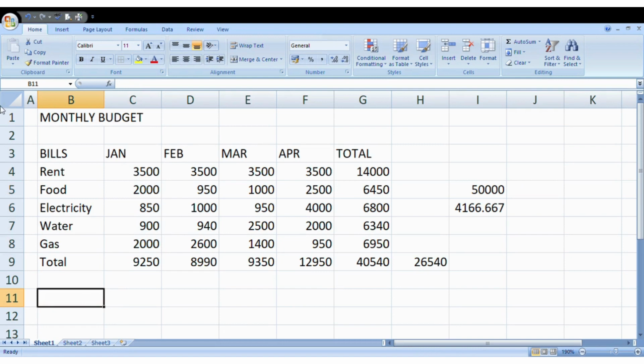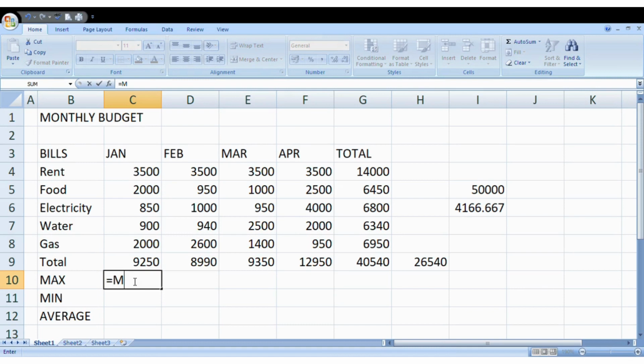So I am going for the formula. I write max. I'll find three things: max value, minimum value and average. What was the average amount I spent on various bills in each month? So how will you find the maximum value you spent? The formula is equal to max